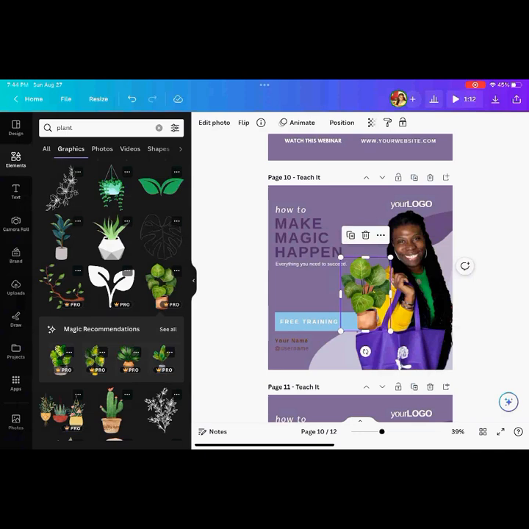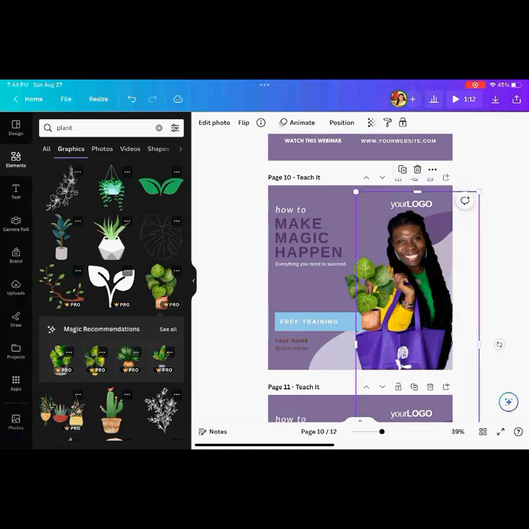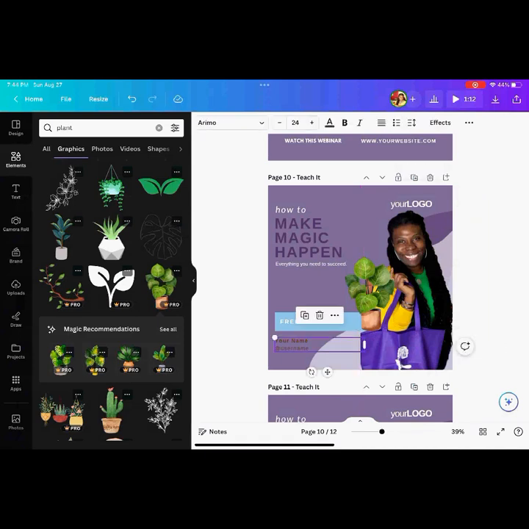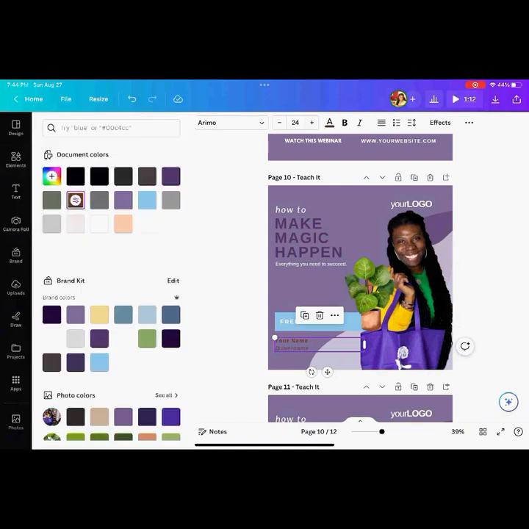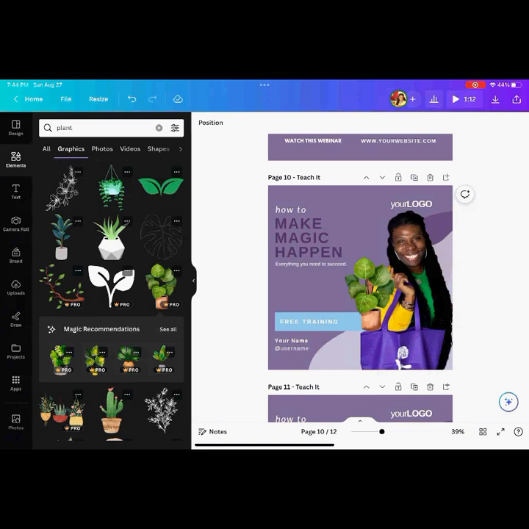Or I might find something else. It may not be a plant, but in the interest of time, something that I could put there to kind of cover up that little spot right there and clean it up without me having to do too much, right? But then having it kind of blend in the back. So the remove background feature is one of my favorites.